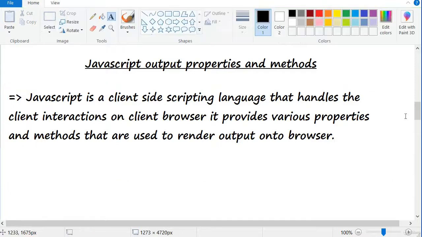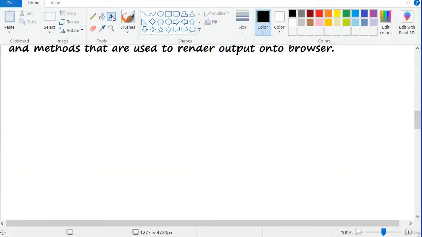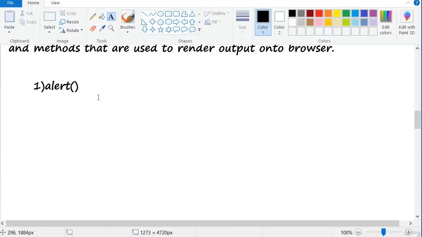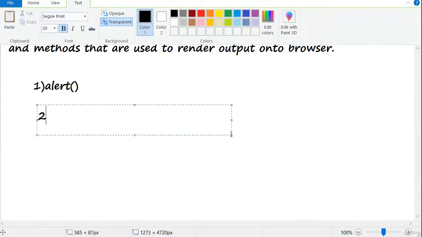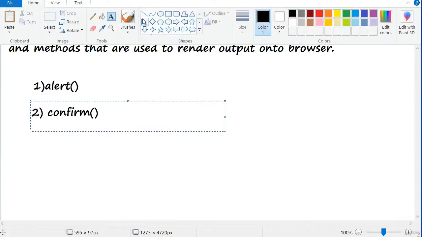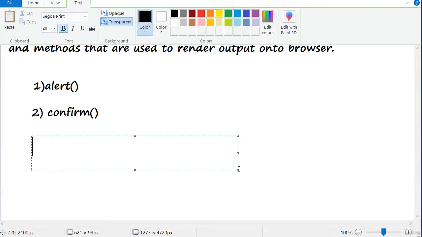We will see what are the methods available to print our output onto the browser. First, in earlier video lectures we have seen the alert function. And we have confirm. And also we have document.write.